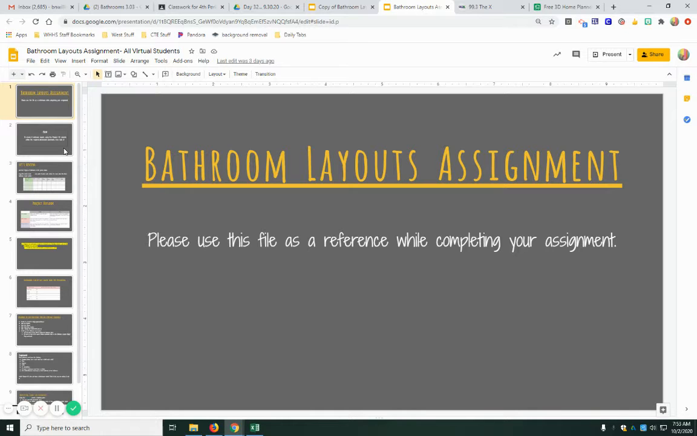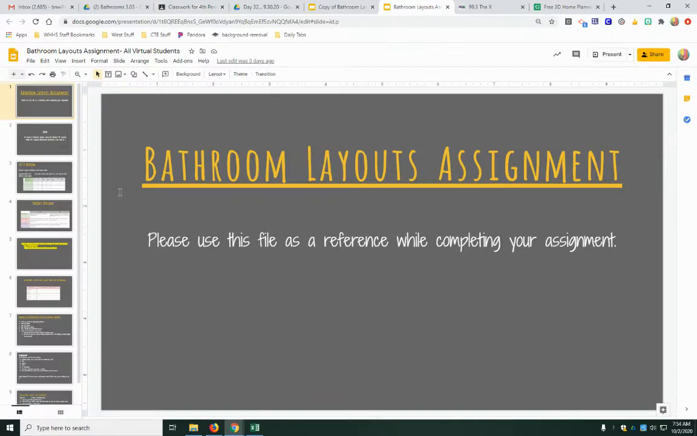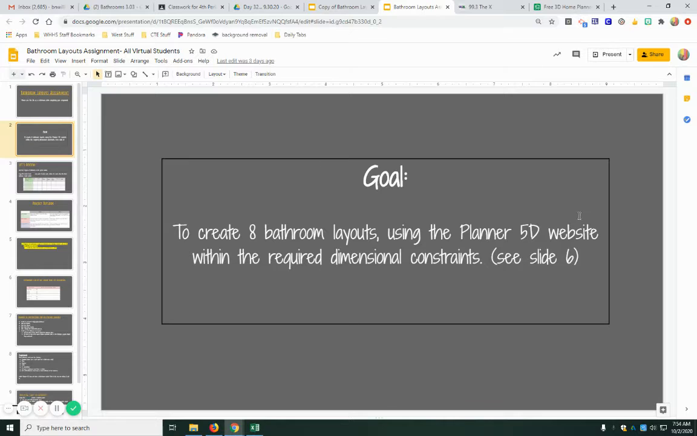Before I go on, this whole presentation gives you every bit of information you need to do this project. So if you have a question about something or you forget something, please just go back to September 30th and open up this file, and I'm sure the answer is in there. So now, essentially, the goal here is